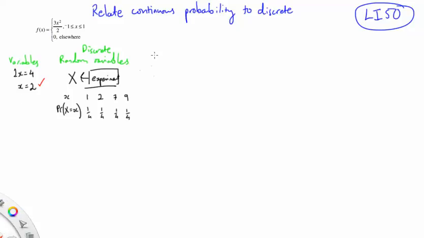Now we're taking it to the next step. We're going to look at continuous random variables. And just before we do, remember we said that these probabilities have to add to 1. So when you add these probabilities, that equals 1, and we said that they all have to be positive. That's going to tie into continuous random variables. So I'm going to give a quick explanation of this. Don't worry if you don't get it all straight away, because we're going to use an example to look at this. Continuous random variables,